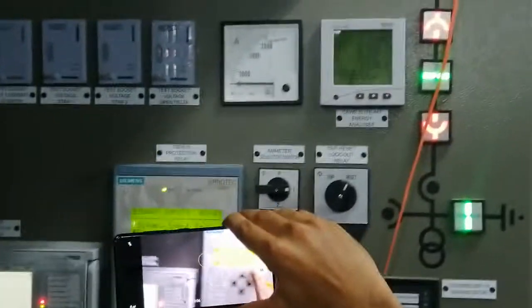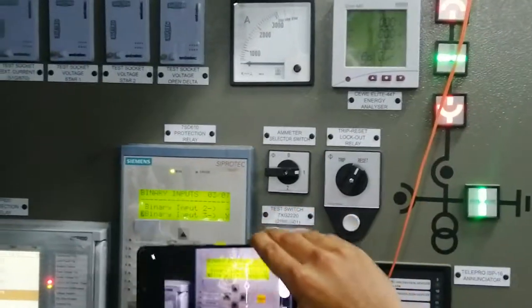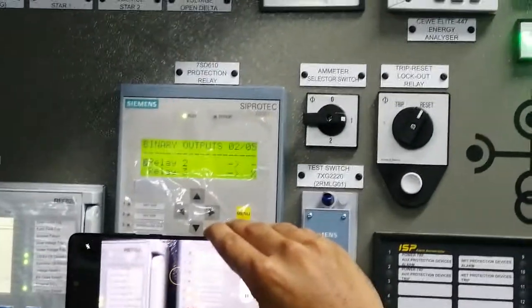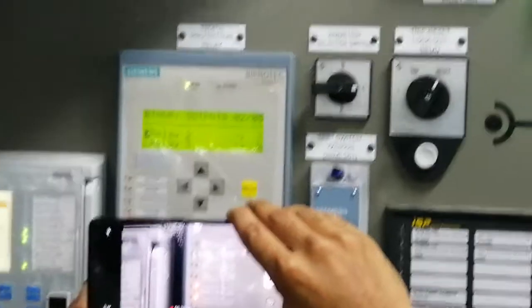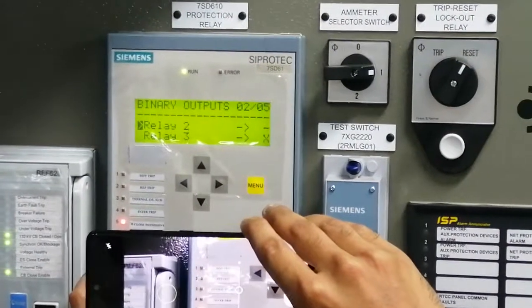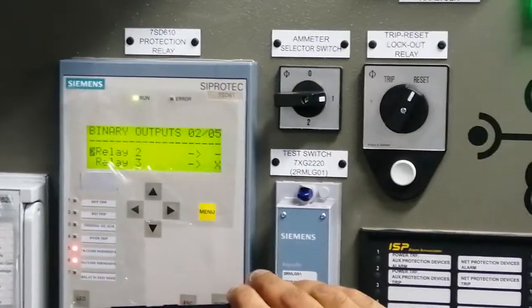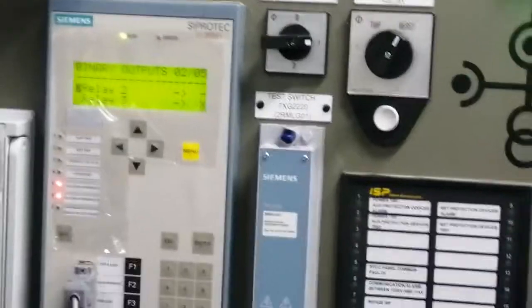Okay, now we have forced it. As you can see, binary input 3 is high now, it's 1. So let's check on the other side. We have configured this signal. Now this is the 11 kV Ciprotec relay. We have configured this signal on the 11 kV Ciprotec relay LED. As you can see, LED number 6 is ES close permissive. So that means we can close the arc switch of this specific panel, this incomer panel. We have the permission. So let's check it.